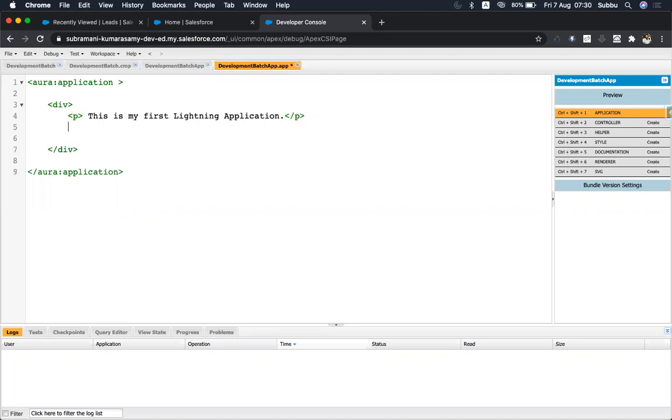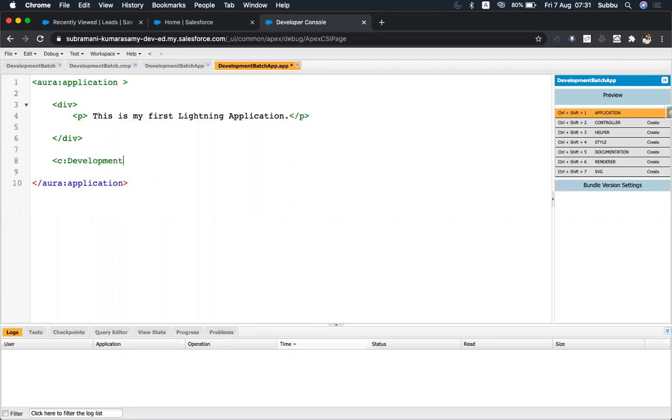Okay, so here I'm calling my lightning component. So how to call? The namespace is c and the component name. The component name is development batch.